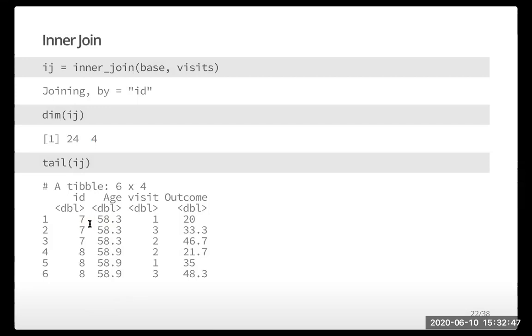So here, we're going to go through a couple joins with that toy data set and show you what comes out. So IJ is the inner join between baseline and visits. And again, we didn't specify anything. It says, hey, I found an ID column in base, I found an ID column in visits, I'm going to join by that. Now note, again, R is very picky. It's case sensitive. If it's capital I in here and lowercase i in here, it's not going to join by ID. So we see we have 24 records out,